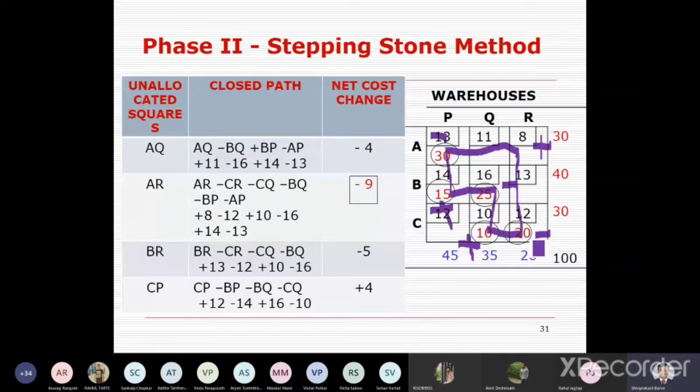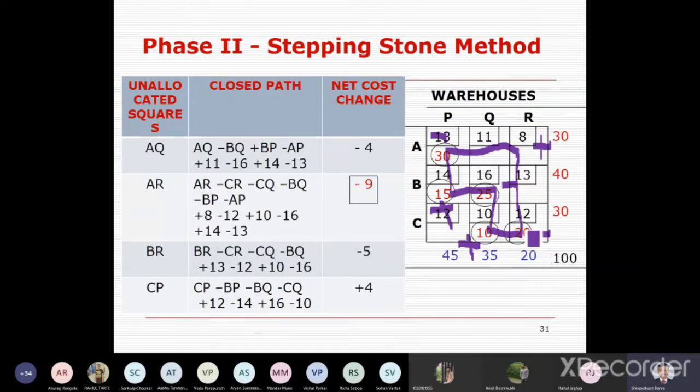Why are we doing this? Because if I shift this minimum of 20 units from CR to AR, here it becomes 0. And I want to maintain my total allocation of 5. If I shift this allocation, I have to complete the total units at another place. Then only I can maintain my total allocation of 5. Because if I shift 25 here instead, we cannot maintain the 5 allocations in that case.